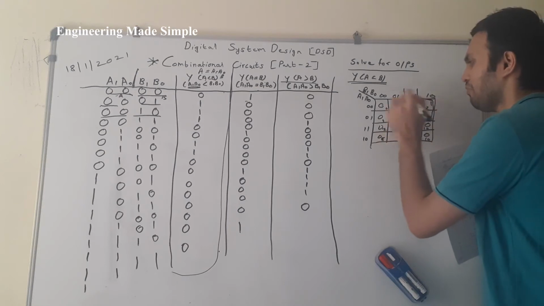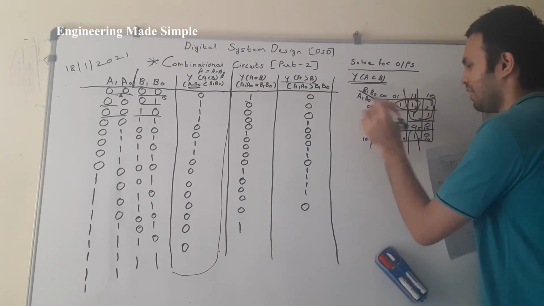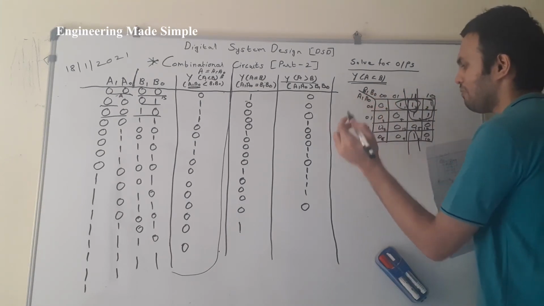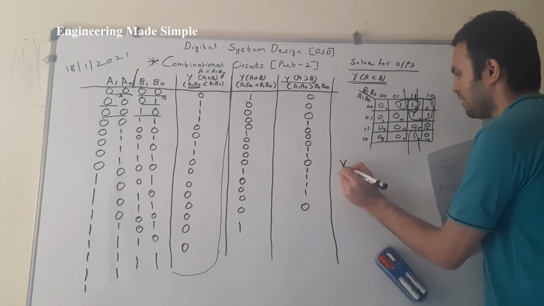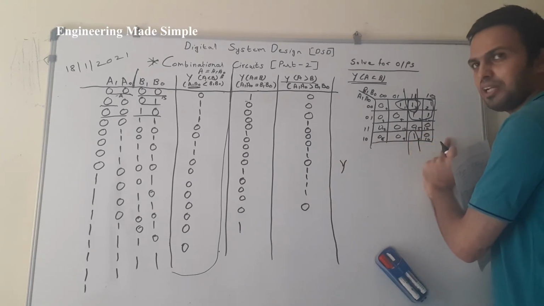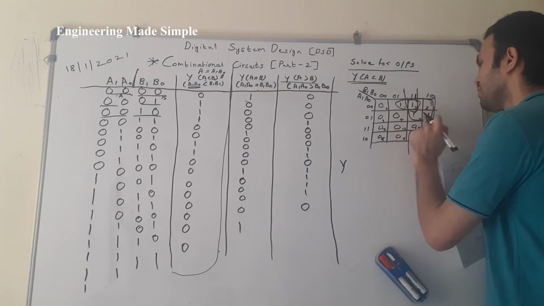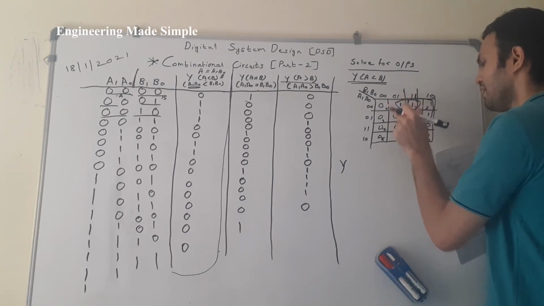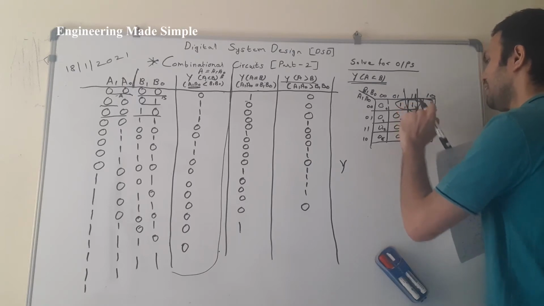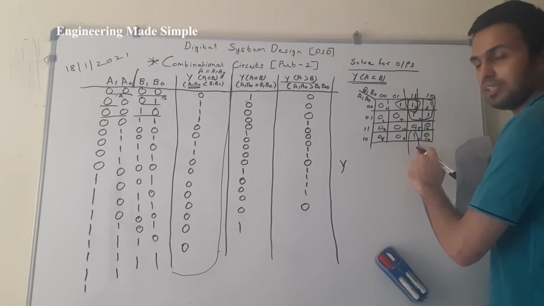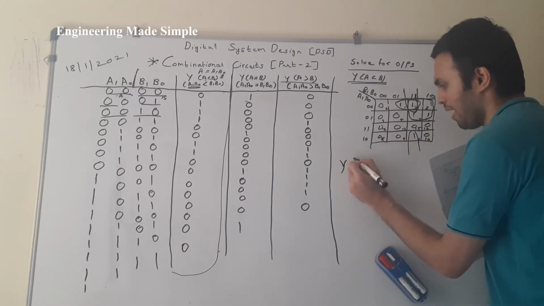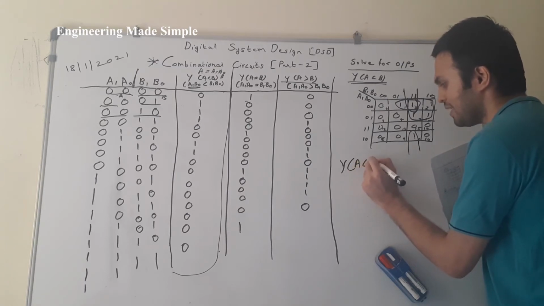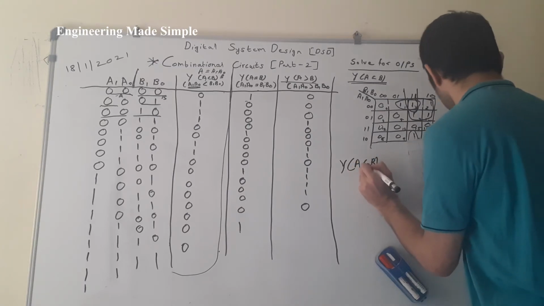Now from this I have to read the corresponding K-map values and derive the system equation. This is how grouping is done over here, because these 4 ones form a quad, these 2 ones form a pair, and this one and this one also form a pair. So in this way we simplify the K-map. Now I will write the equation directly. Y is A less than B.